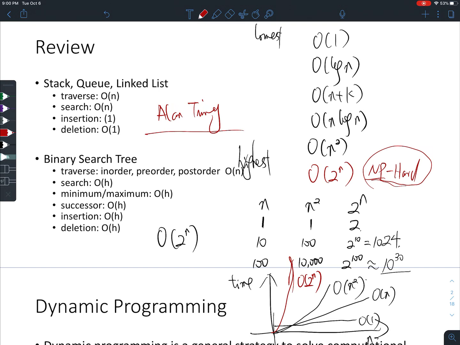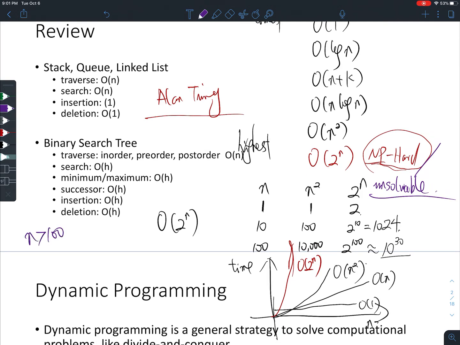So maybe NP-hard is still kind of strange to you, so let me translate it into human language. It means unsolvable. What does that mean? As long as n is larger than 100, if you are giving a problem whose size is larger than 100, and if the problem itself is NP-hard, using a 2 to the power of n algorithm, it will take at least 200 years for the program to finish, even if you use a supercomputer. By that time, all of us have passed away. So unsolvable means